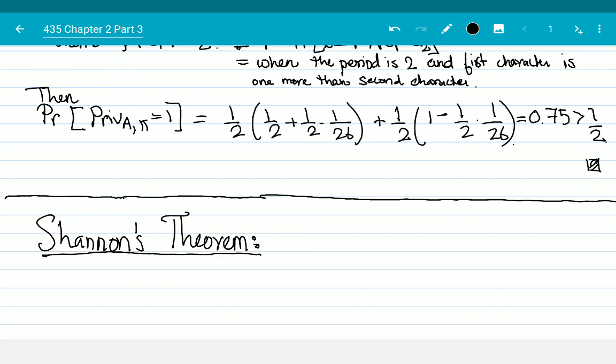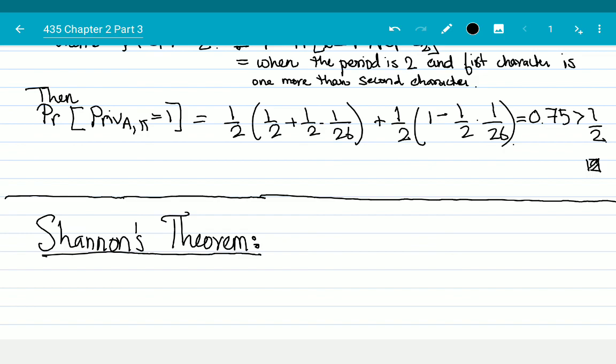So what is Shannon's theorem? Well, Shannon in about the 1930s gave a characterization of what it means to be perfectly secret. He was the first one to talk about what it means to be perfectly secret and how things should be. While the theorem in itself is interesting, it also gives a very strong condition on when something is perfectly secret. Okay,